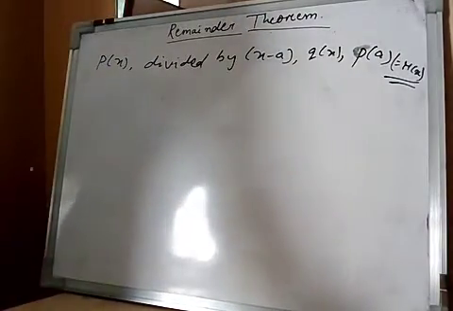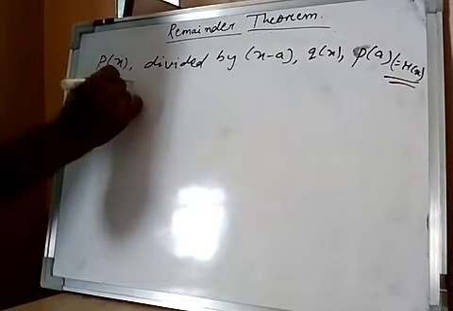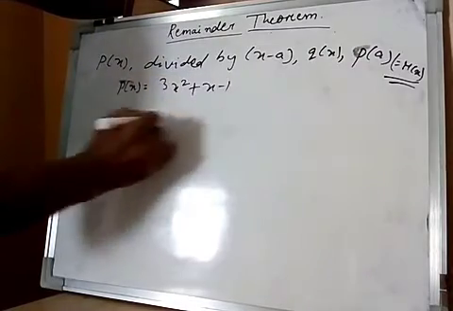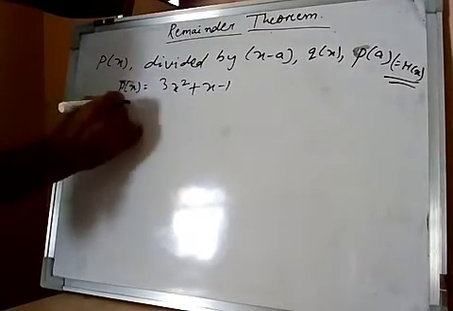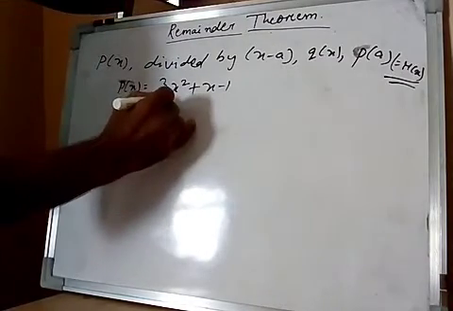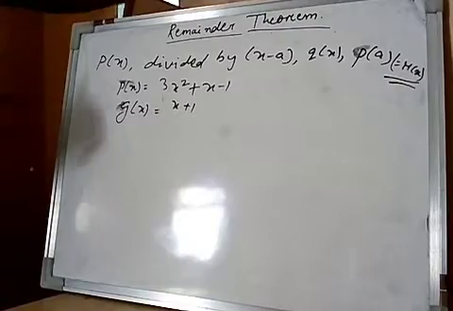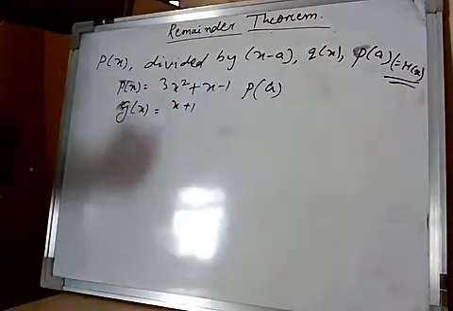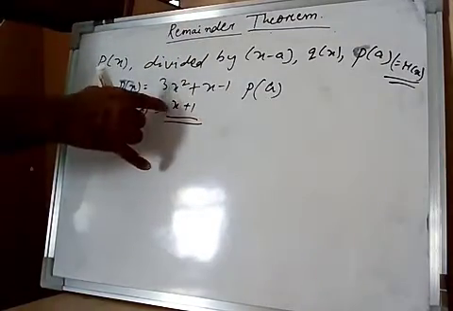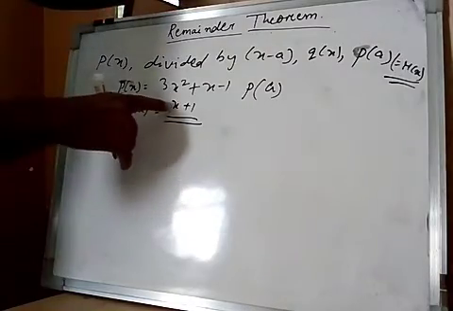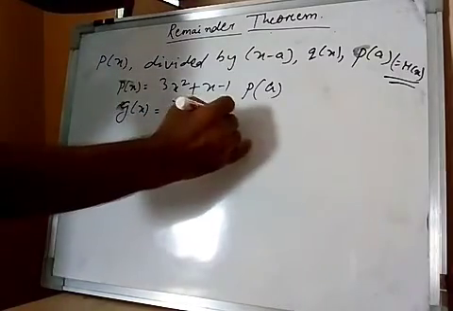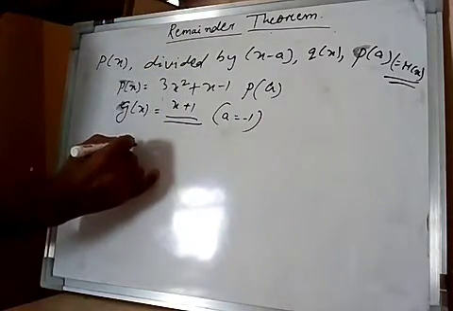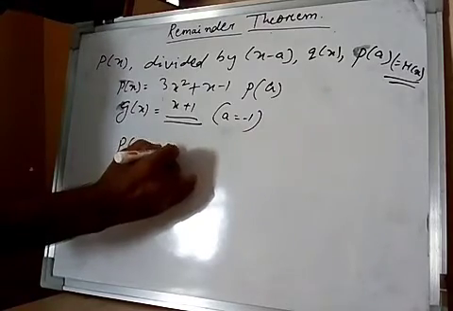So here how will we take it? Like this, one example. Let's take here one polynomial px equals 3x square plus x minus 1, then gx equals x plus 1. Here px divided by gx, then the remainder will be p of a. So we have to take the different values of a, that is x we have to take. Now here x plus a is positive, so here a will be minus a. Now put in the place of px, p of a equals 3x square.